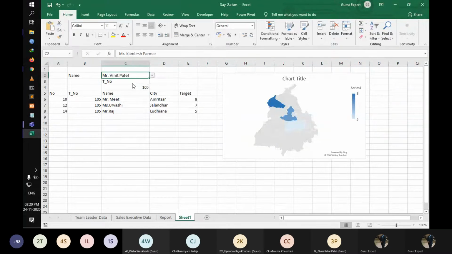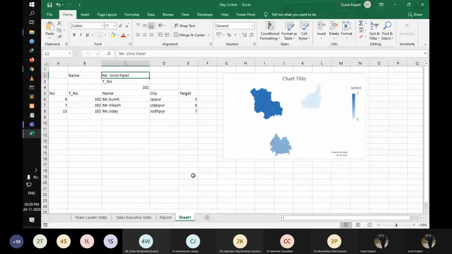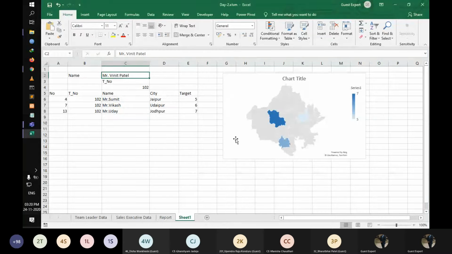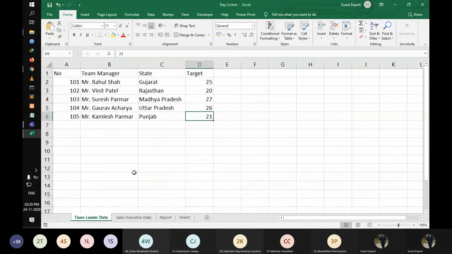If we select Vinit Patel, it shows me the Rajasthan map where the highest sale right now is in Jodhpur, done by Mr. Uday, and the lowest sale is from Jaipur, which belongs to Mr. Sumit.